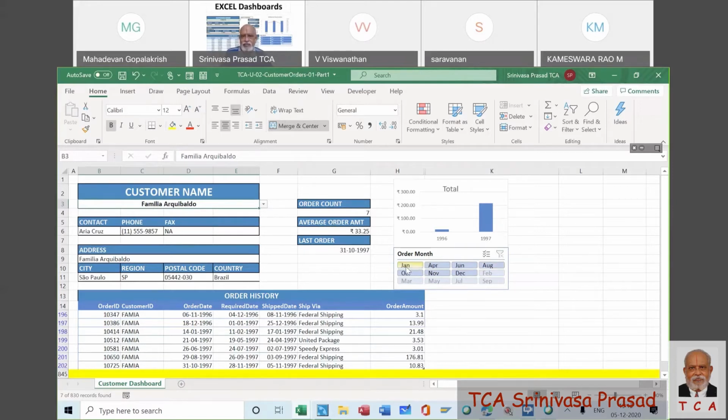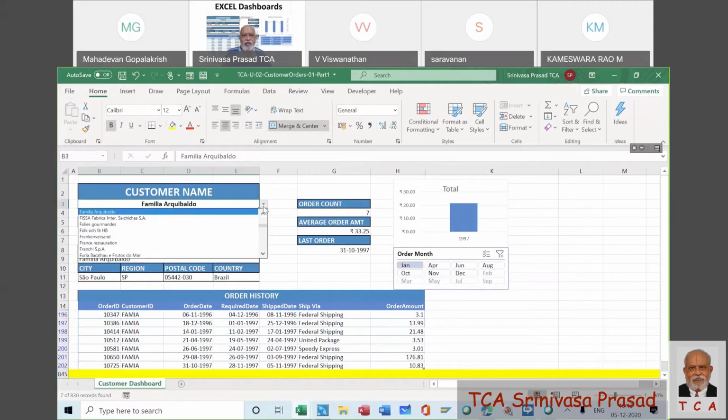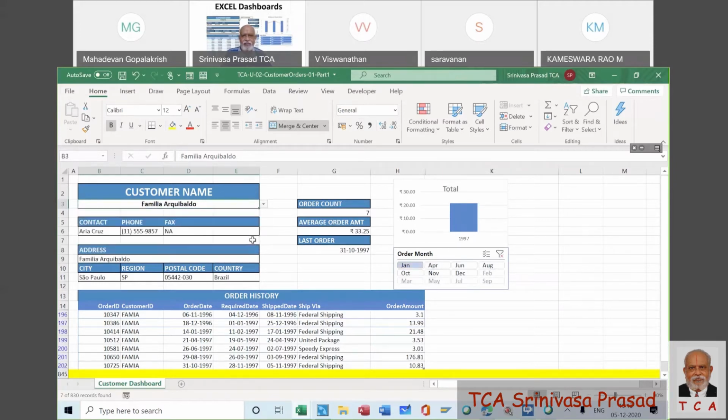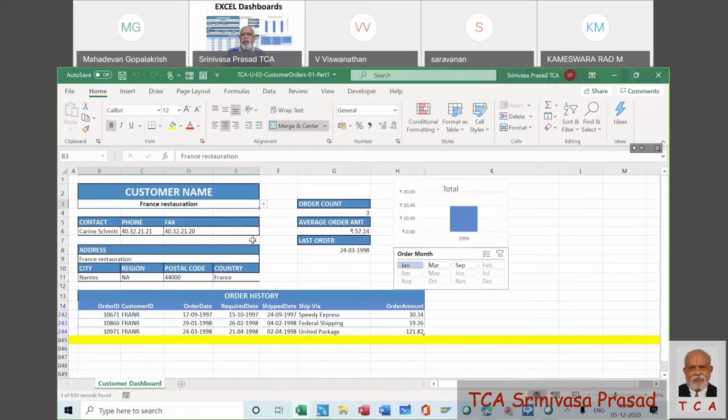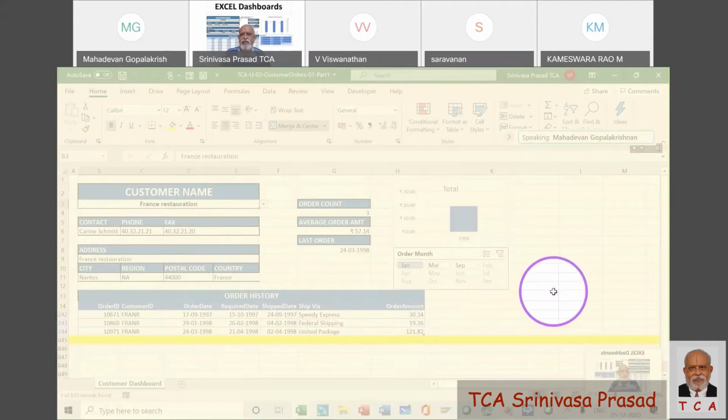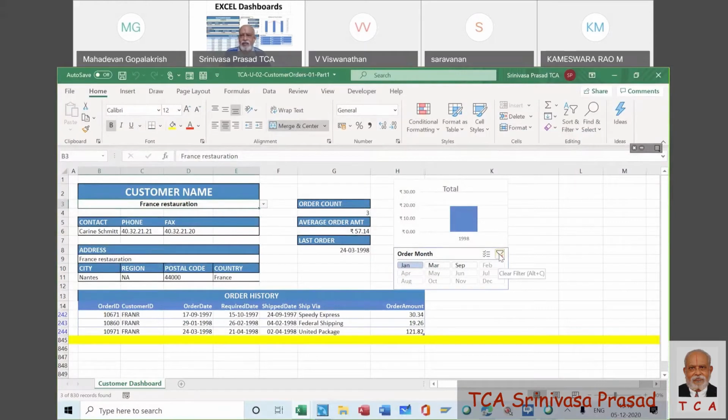When we filter for this customer only for January, and then select any other customer, it will only give the January graph for the next customer also. It does not give the graph of September, March. He has got September and March also, but the graph talks only of January. If I clear the filter, then I get everything.